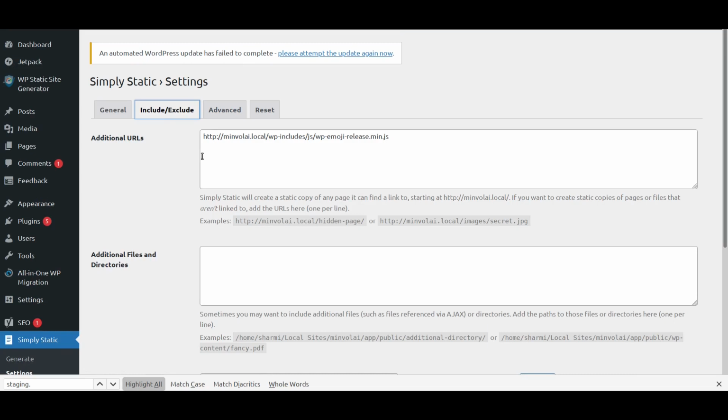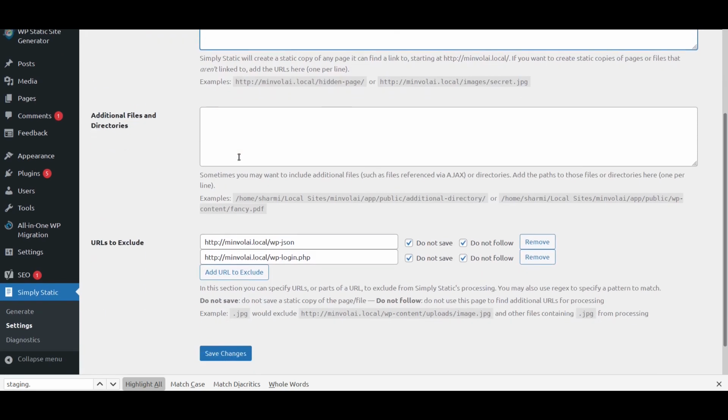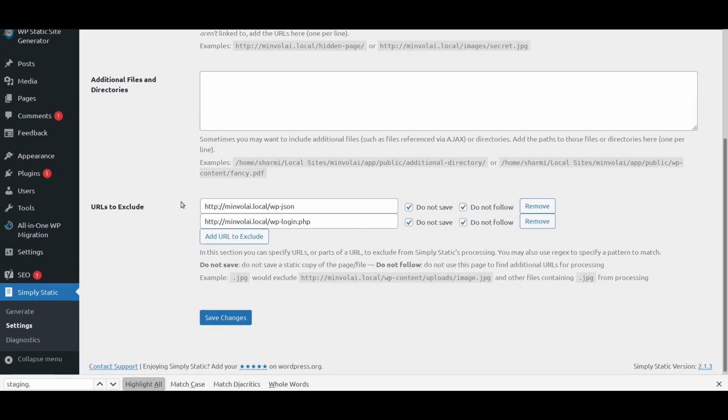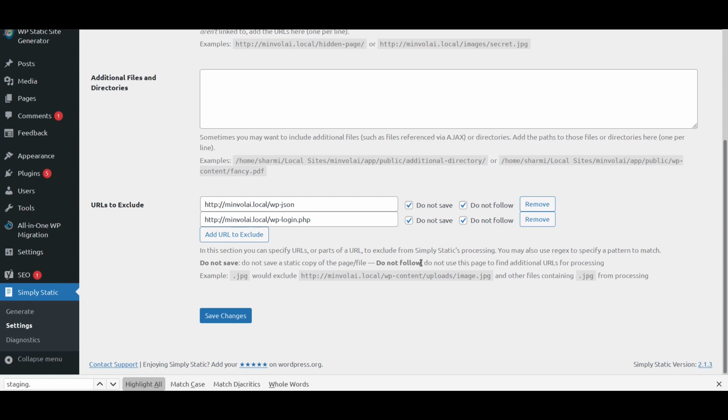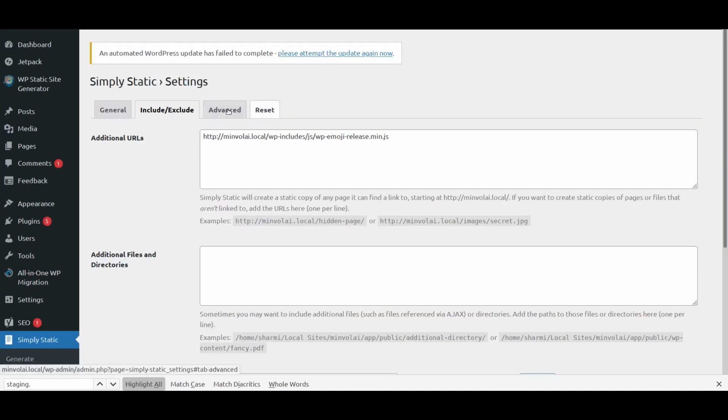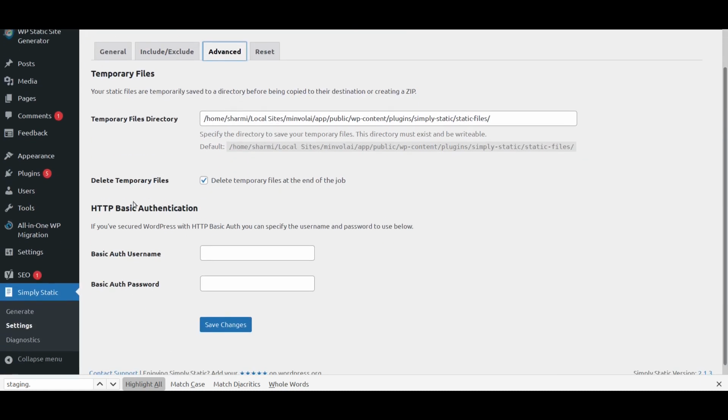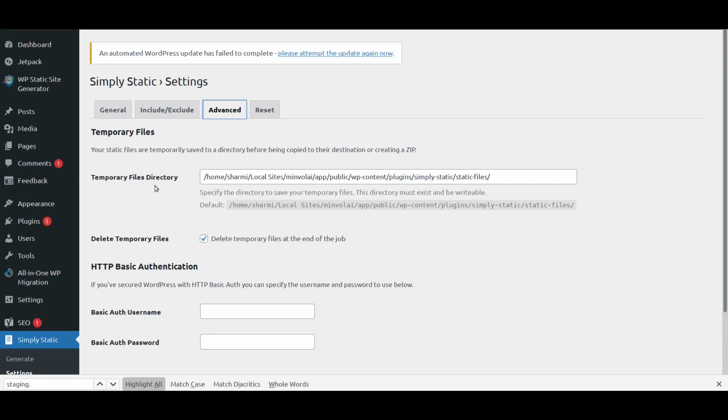You also have other options, like if you want to include additional URLs which are not linked to by any of these files, you can specify them here. Additional files and directories are for cases where files are being referenced via Ajax. And in advanced, you can set up basic authentication usernames and passwords. This is available in WP static also.